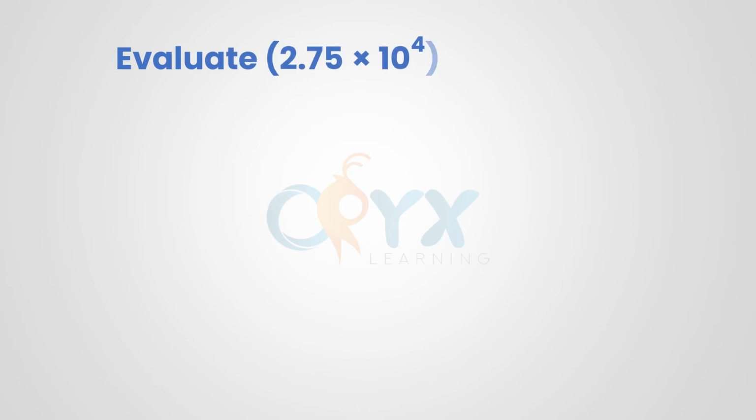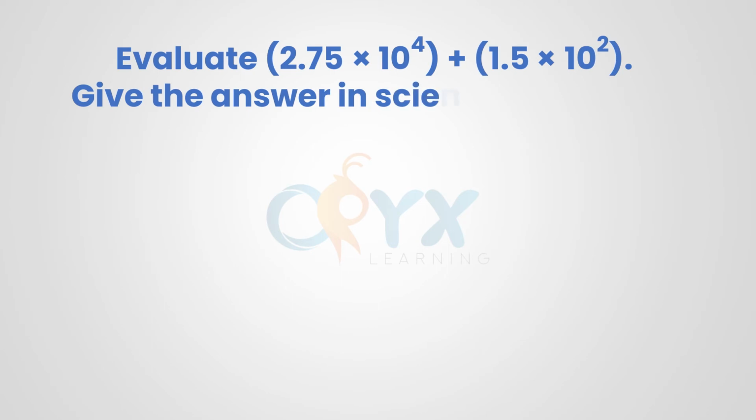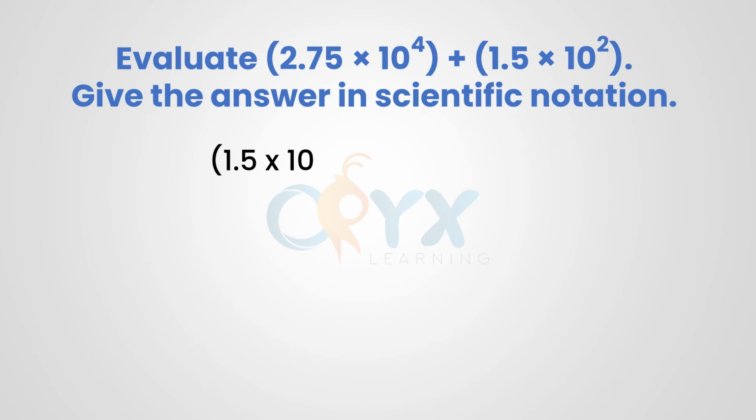Evaluate 2.75 times 10 to the 4th plus 1.5 times 10 squared. Give your answer in scientific notation. Remember, when adding two numbers in scientific notation, you first need to write the numbers so that they have the same power of 10. So in this case, we will make 1.5 times 10 squared